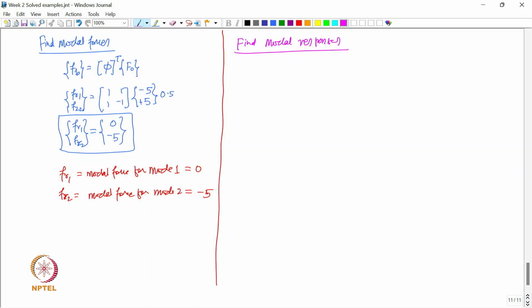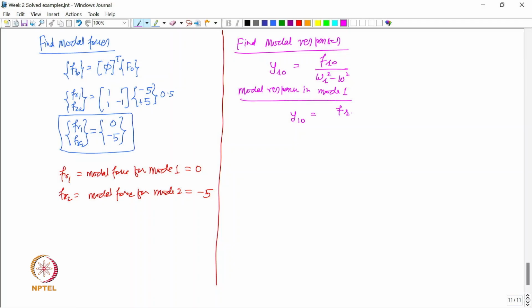Right. So, we studied in the lecture classes that the amplitude of the modal response Yr naught, for the rth mode, is Fr naught divided by omega r square minus omega square. So, if I want to know the modal response in mode 1, then what is the equation? Then I have Y1 naught is equal to